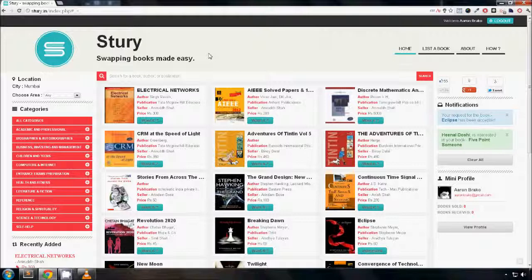Now, the main challenge that we faced was the technology and the environment to develop the application into. Since mobile and tablets are gaining popularity, we couldn't ignore these devices. At the same time, developing separate applications for them would be time consuming. Hence, we decided to exploit the power of the web and the new technologies to design and develop an application that works on all devices. Let's see how it works.